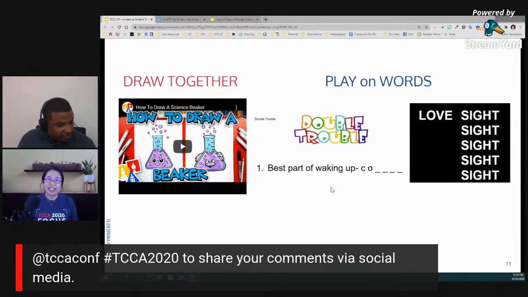While you guys are guessing, can you guess the wacky word that's in the black square? What about the word that's missing in that one? You can go ahead and drop that in the chat as well. Is that okay, Miss Van Ravenstein? Yes, let them put it in the chat, please. So go ahead and put that in the chat. What word do you believe is missing in that black square?